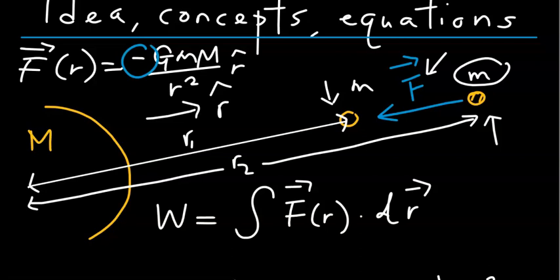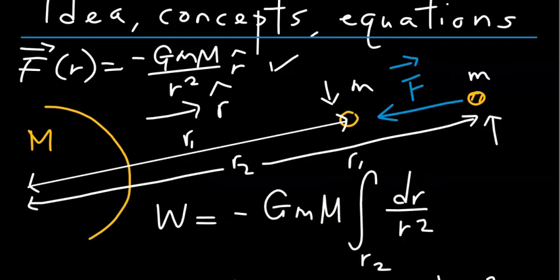This minus sign indicates that the direction of this gravitational force and the direction of this unit vector are opposite to each other. Substituting this force inside this integral and substituting the initial limit and the final limit, we get the following,